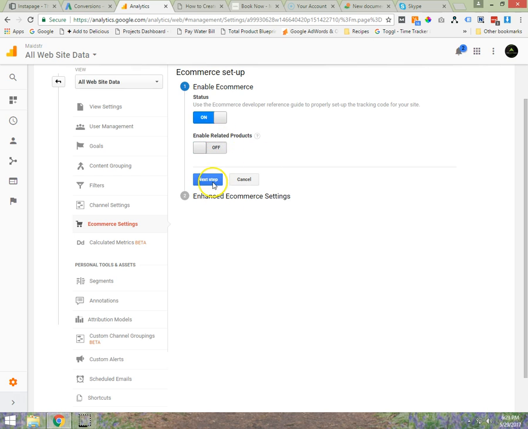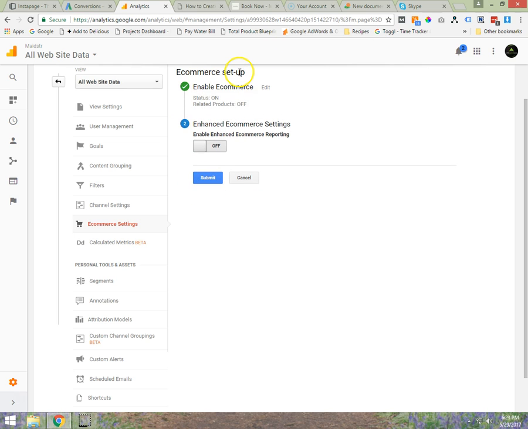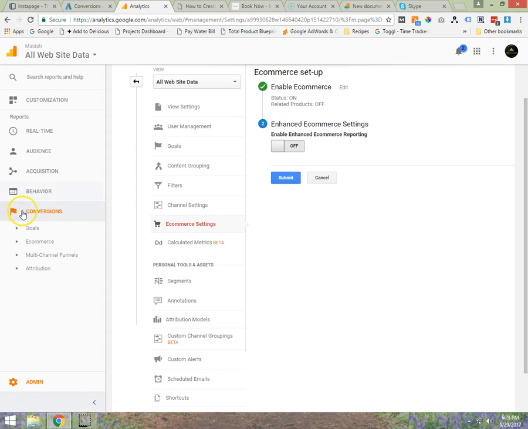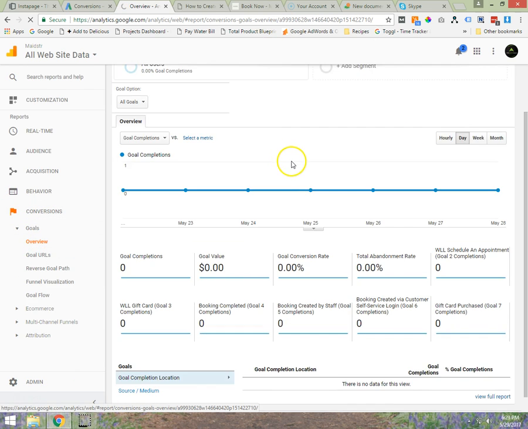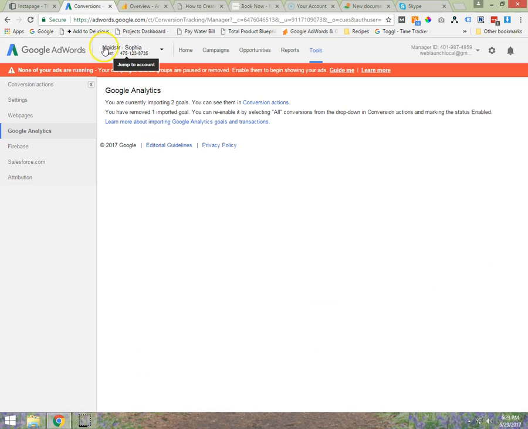You don't need this on, but that's going to actually allow the value of the conversion to get tracked also. So if they check out and pay $250, that's going to show up within the reporting over here on the conversions. It's actually going to show the value. So that's it for that. Now what we need to do is go to the client's Google AdWords account,